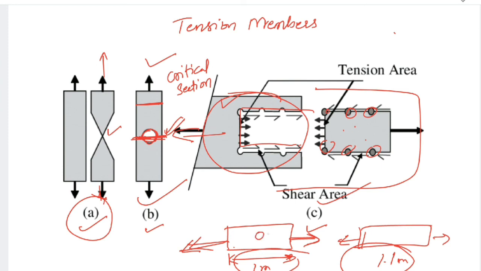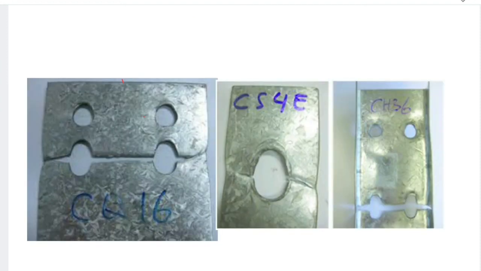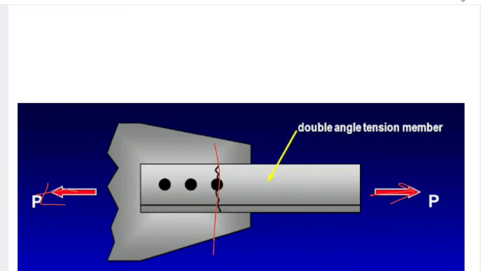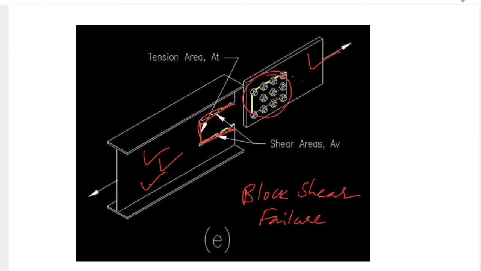Now this member is connected to a plate using a bolt hole. When you apply a force, it will fail here at this position, that means along the bolt position. Here you can see in the figure. This we call the failure of the member under rupture, that is net section rupture. And the third, if it fails or separates along the periphery of the bolts, this we call block shear failure.